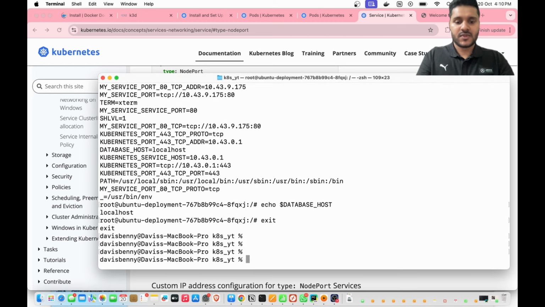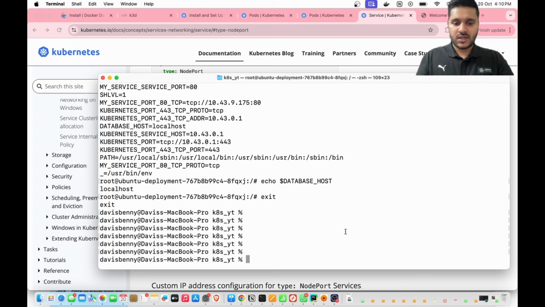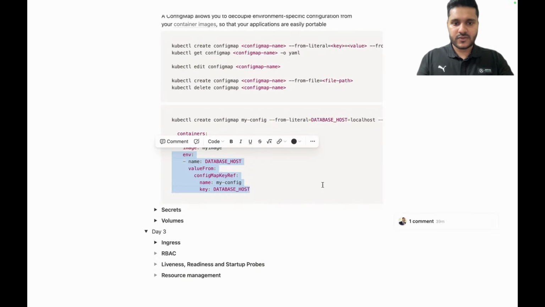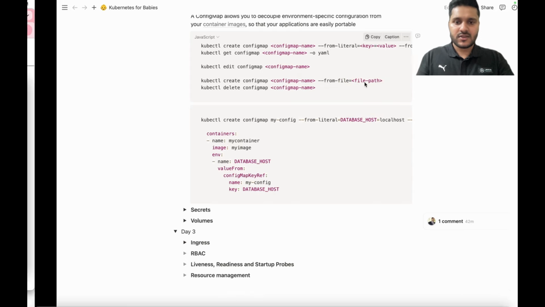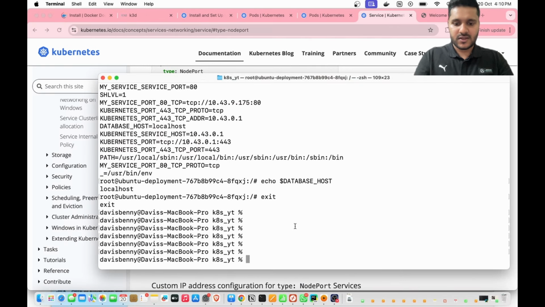So that's how we inject config maps as an env to the container, or the environment variable to the container. Now we have two things pending, right? How we load it from a file. So let's do one thing. Let me create another file,